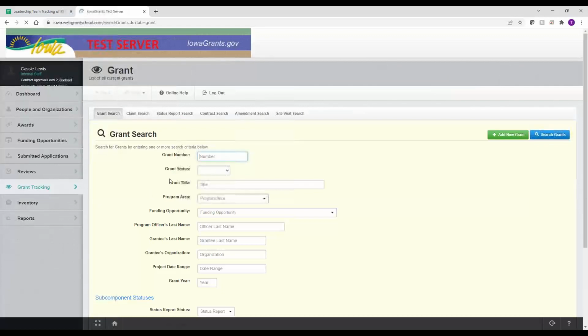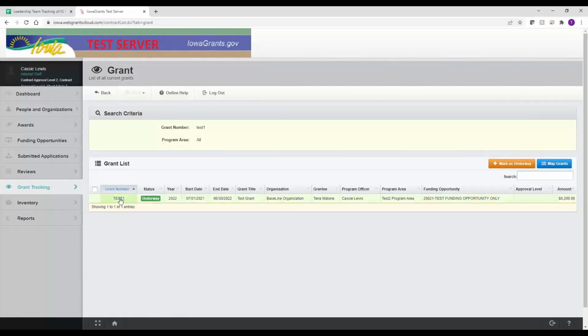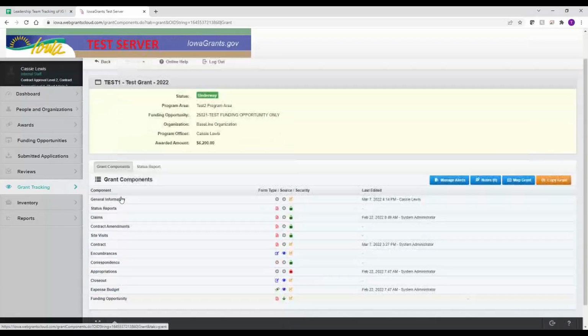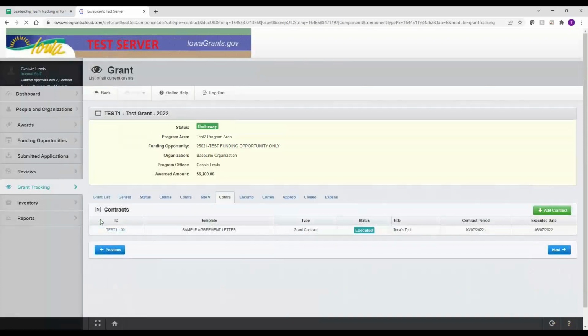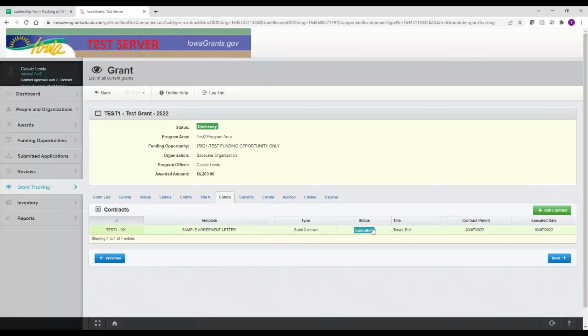So if I go into grant tracking, I'm going to put my grant number in again. And then I'm going to go down and you'll see the contract right here. So I click on the contract. It already has my one that's in executed status because again, you may have more than one if you have to do a contract amendment. So you could have your contract amendment form in here as well as,